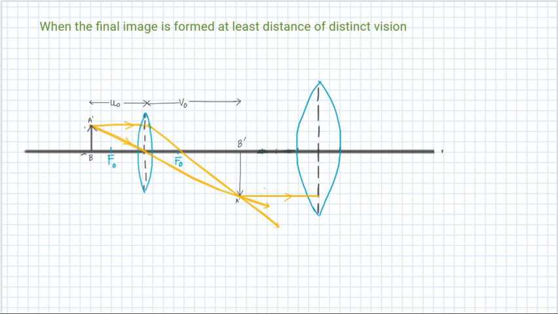So this objective and your eyepiece should be arranged such that the image for your objective should always be formed within the focal length of the eyepiece. Fine. So if you consider this point as the focal length or your principal focus for your eyepiece, fine, if this represents the first focal length,